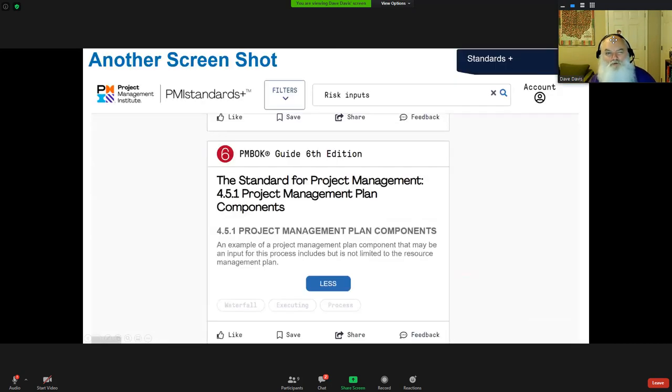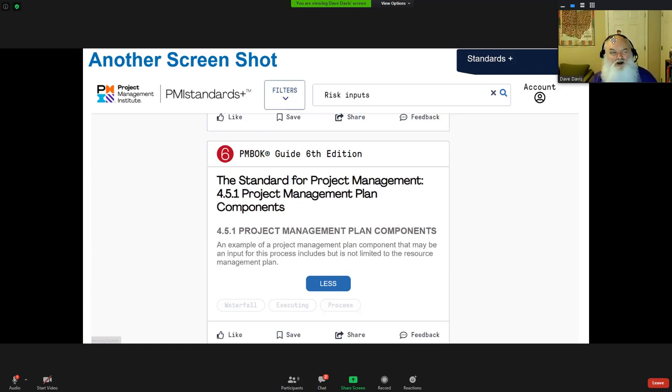And another one going forward, a different screenshot. This is if I'm looking for something to do with a project management plan. Again, it's coming from this PMBOK 6th edition. It gives me initially kind of a header here so I can decide if I want to find out more, and then I'll have an option to be able to look at more or look at less. And then I can share it or save it, or if I think it's missing something, I can provide feedback. So Standards Plus is going to be a digital query or filtering system to be able to hone in on knowledge.